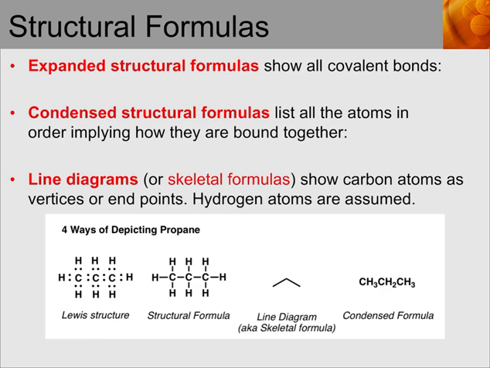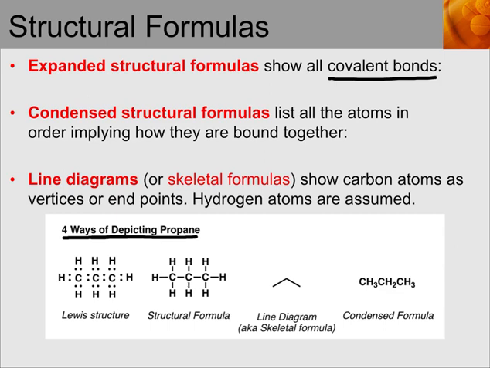Okay, now there are different ways that we can draw these structural formulas. So expanded structural formulas are the ones we just drew on the last slide. They show all of the covalent bonds in the molecule. So down below you can see 4 different ways of depicting the molecule propane, which has 3 carbons and 8